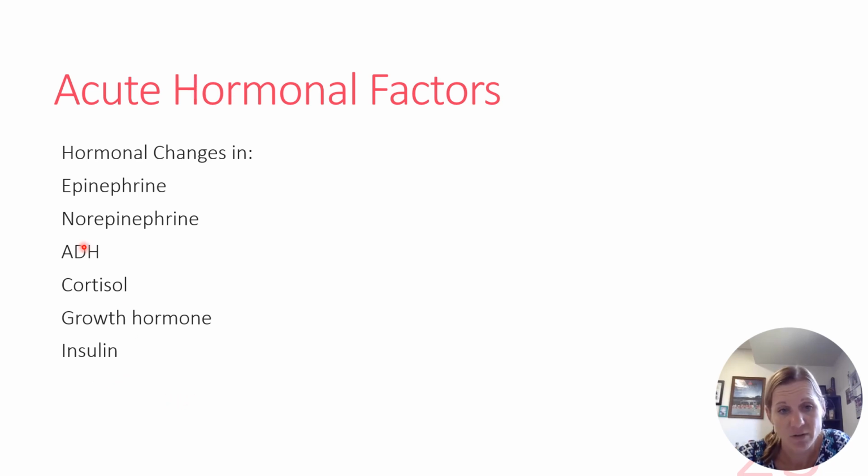Okay, so let's talk about some of these others. ADH, antidiuretic hormone. The job of this is to retain water. It's an antidiuretic. Something that's a diuretic makes you pee, so an antidiuretic makes you not pee. We're trying to slow down the amount of fluid going through the kidneys that we're going to pee out, because we want to hold on to that fluid so that we can sweat. So ADH helps us retain fluid so that we have it to sweat. So less peeing, more sweating.